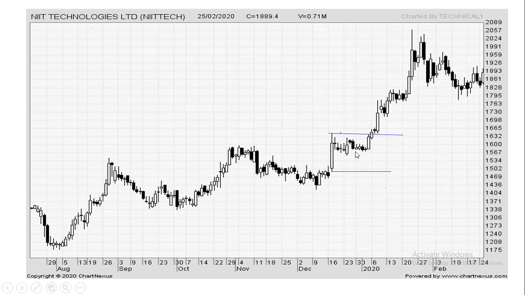Now let's see how we can take a trade on daily time frame. On daily time frame, you can take a trade in cash segment. The best part of trading in cash segment is you can decide how many shares you like to buy. You can buy 10 shares, 50 shares, 100 shares. It is completely up to you based on your risk taking capacity. You can calculate position sizing and buy that many number of shares.